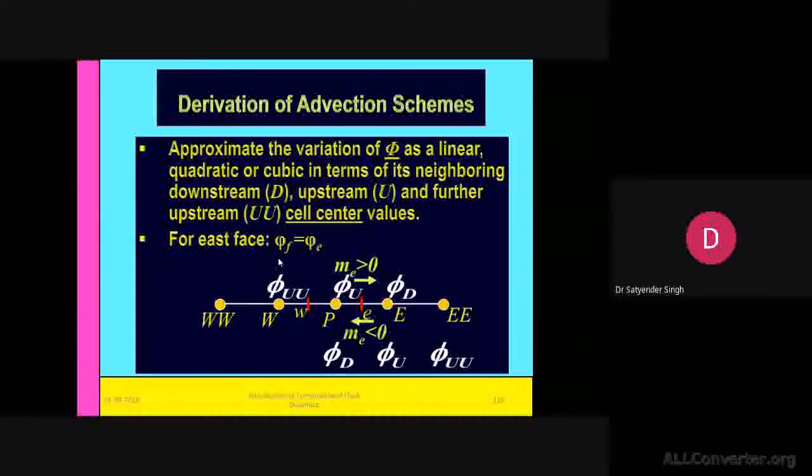Because in your flux terms, the expression is m Cp T, where m is constant, Cp is constant, and T has to be calculated. That has to be calculated by providing some weightage to the temperatures which are already available in the form of initial and boundary conditions at different locations.